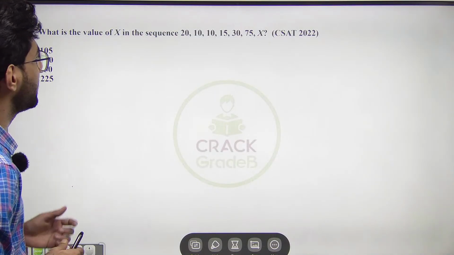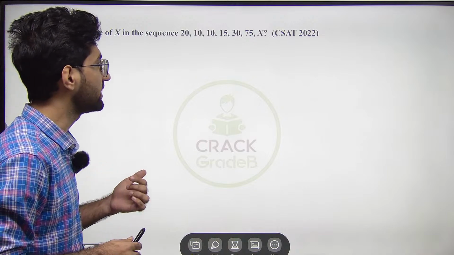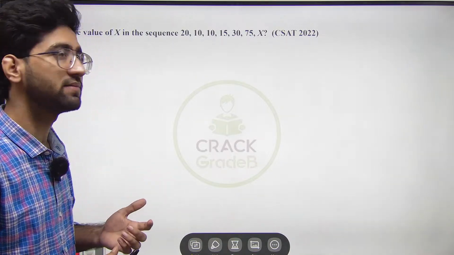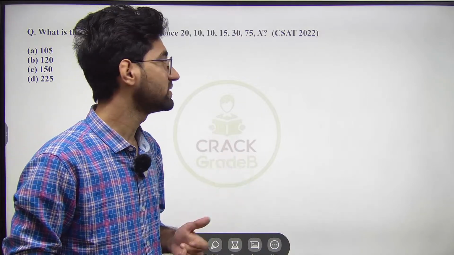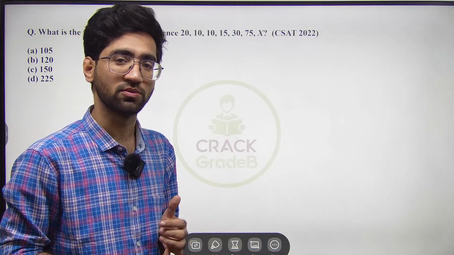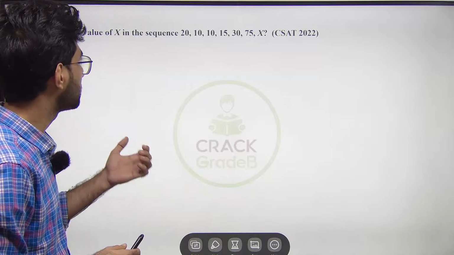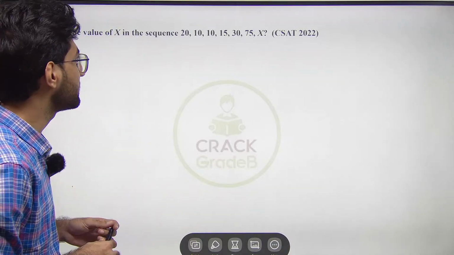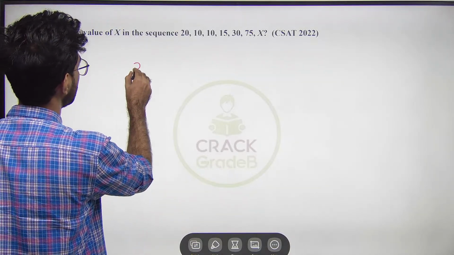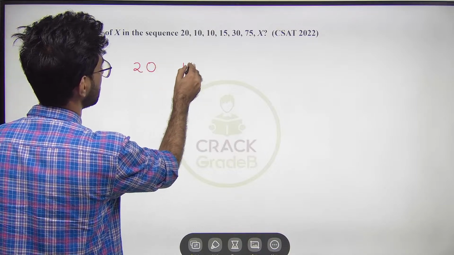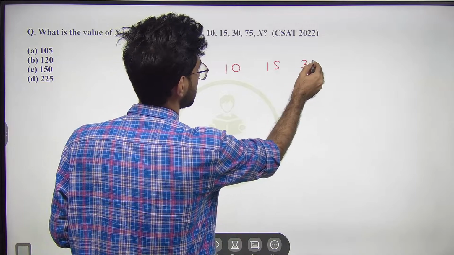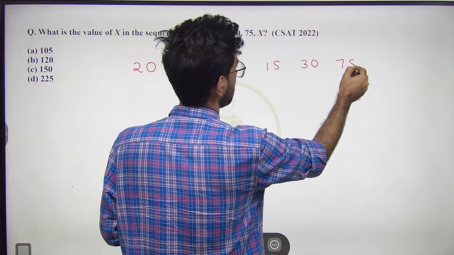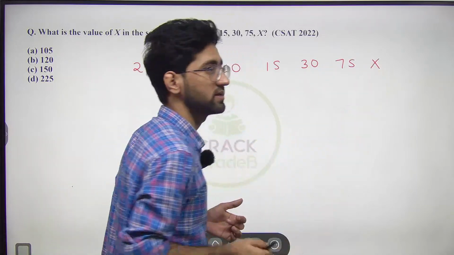what is the value of x in the sequence 20, 10, 10, 15, 30, 75 and x? And this question has been asked in CSAT 2022. So let us look at the elements in the given sequence. This is 20, then 10, then again 10, 15, 30, 75, and we have to find the value of